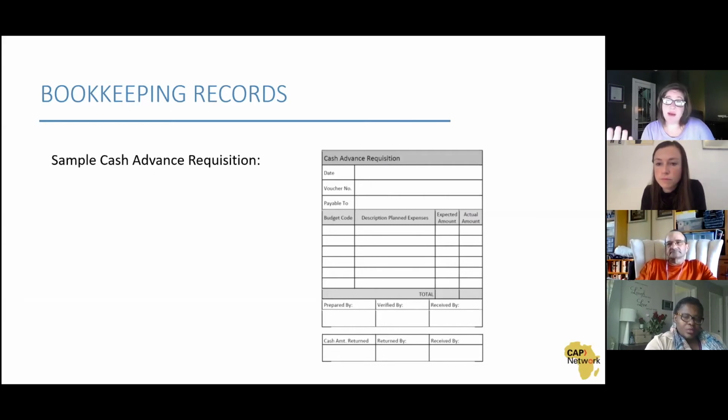And so, yeah, you might be in a situation where you're not working with cash, but you may have an advance requisition and you may provide the advance by e-transfer or electronic transfer or mobile transfer. You may receive extra back through e-transfer or